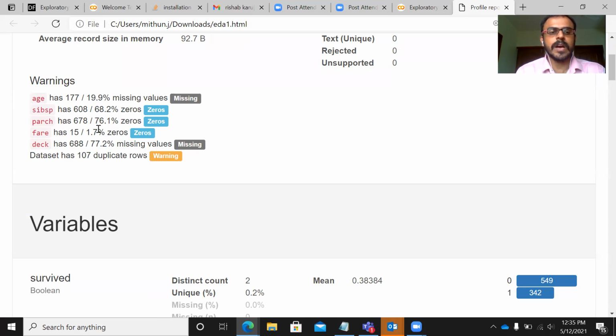So you have 76%, that's a big number. Around 2% of the cases are zeros in fare. And as far as the variable deck is concerned, you have 78% missing cases. This data set has around 107 duplicate rows. So it just gives you a preview about what is wrong with the data set.